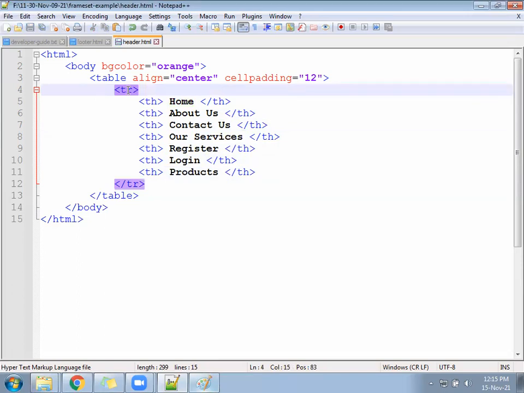Save the file and check this page again. Okay, hope we have done it.